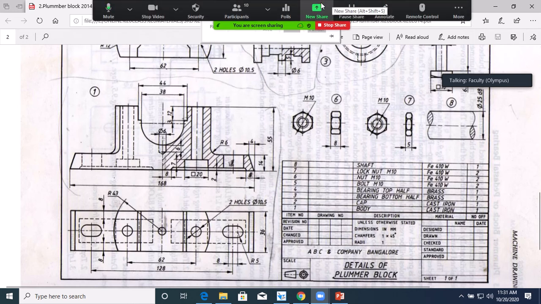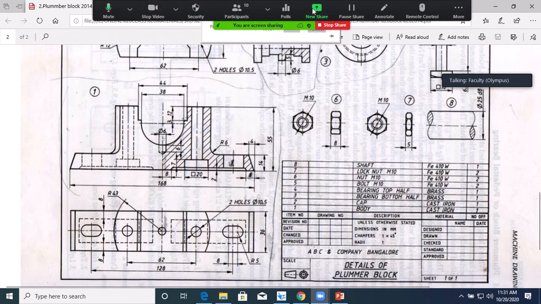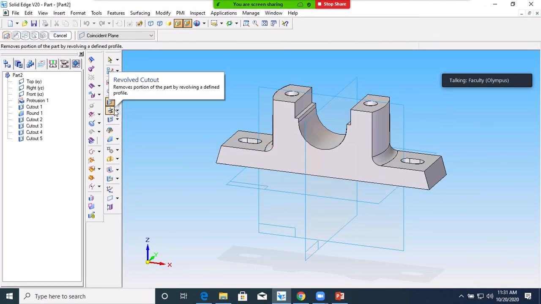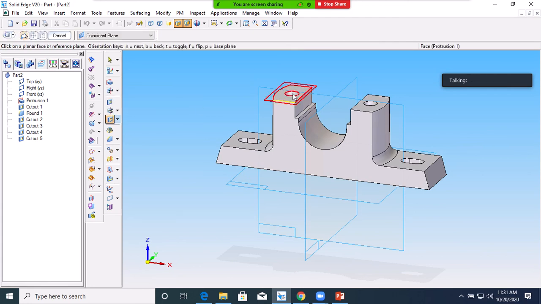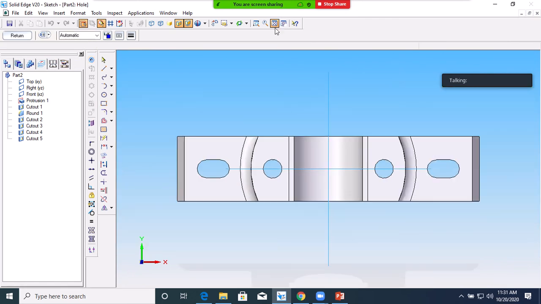Okay, so what I will do, it is not simply a cutout. It is a cutout with a V bottom. For that I have to select this wall. Sorry, instead of cutout, you select this wall command, to create a special feature in the wall part. If it is a cutout, you can simply create it like this, but the V bottom will not be achieved. So for that you have to select this wall. It will ask for the plane, select this plane. Then you have to define the wall.